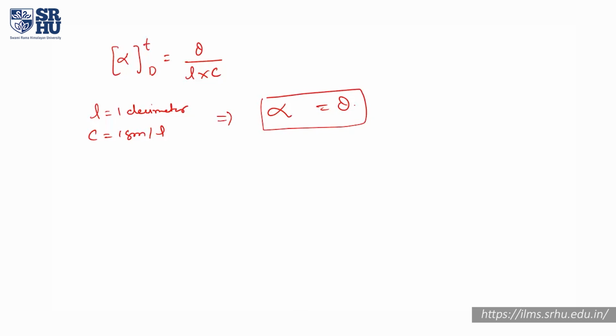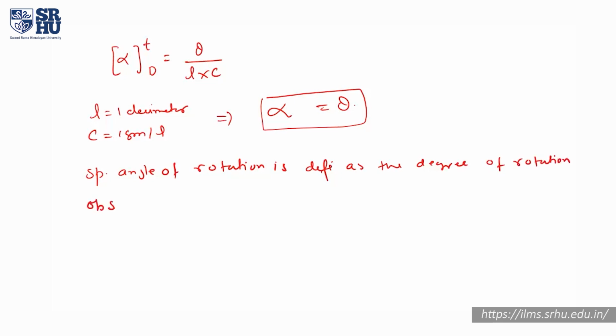Okay, so specific angle of rotation is defined as the degrees of rotation observed. This theta was observed, so it is defined as the degree of rotation observed when plane polarized light